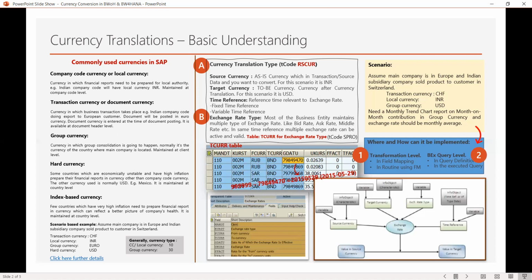This can be done in various places, but in BW we used to do it either at the transformation level or in the base query level.